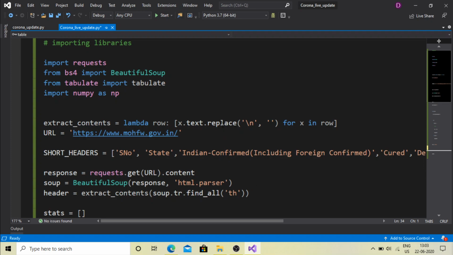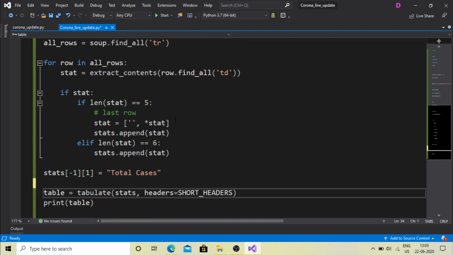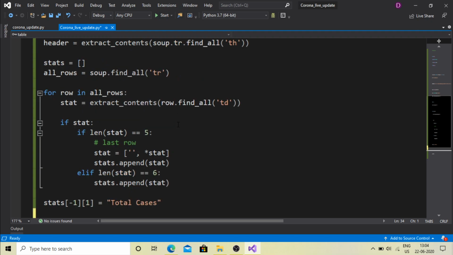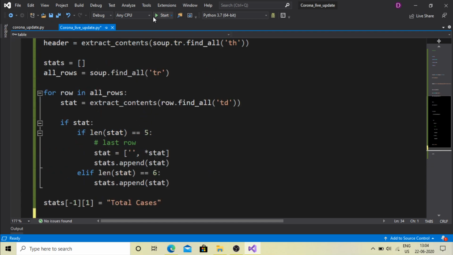So guys, in this new video, I bring the same program, but actually in the previous video I showed you how to display all the content or store all the content into a CSV file. But suppose we want to see the table as it is on our output, so for that we have to make a little bit of change in the program, and this program is compiled with those changes.